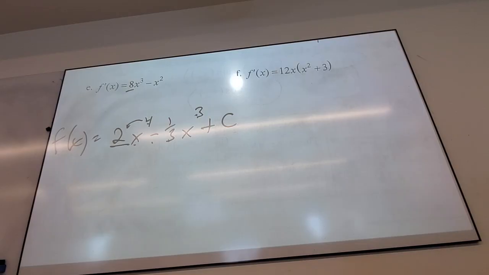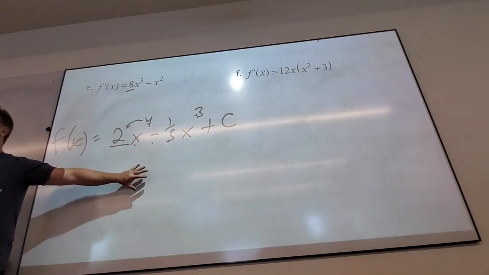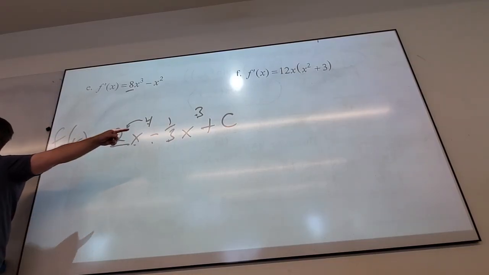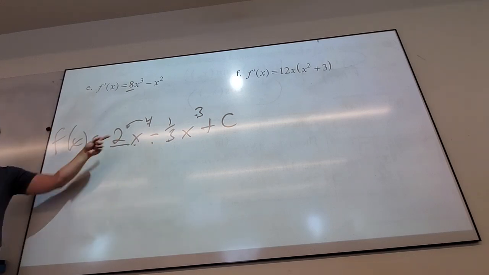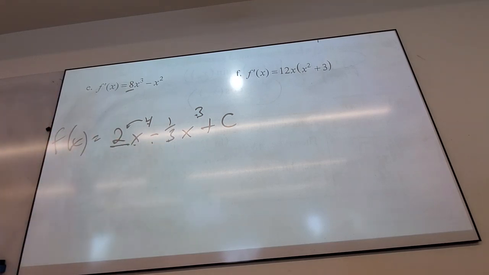So, for example, if I said f of 1 is 2 for this problem, if I said, by the way, f of 1 is 2, could you figure out what c is? Oh, yeah, right? You plug a 1 in, you set this equal to 2, and you solve for c. You guys see that? So if somebody just told me more information, what does this have to do with real life?